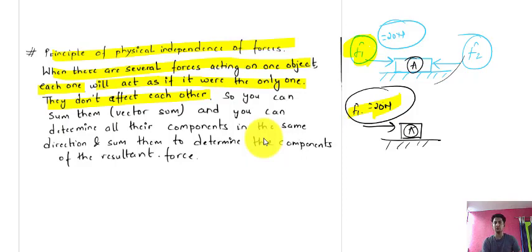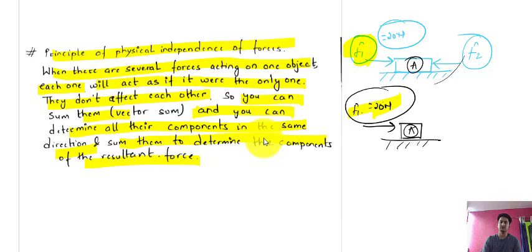So you can sum them, vector sum, because force is a vector quantity. And you can determine all their components in the same direction and sum them to determine the components of the resulting force. So if they are in same direction, you can easily sum them up or vector sum them up,